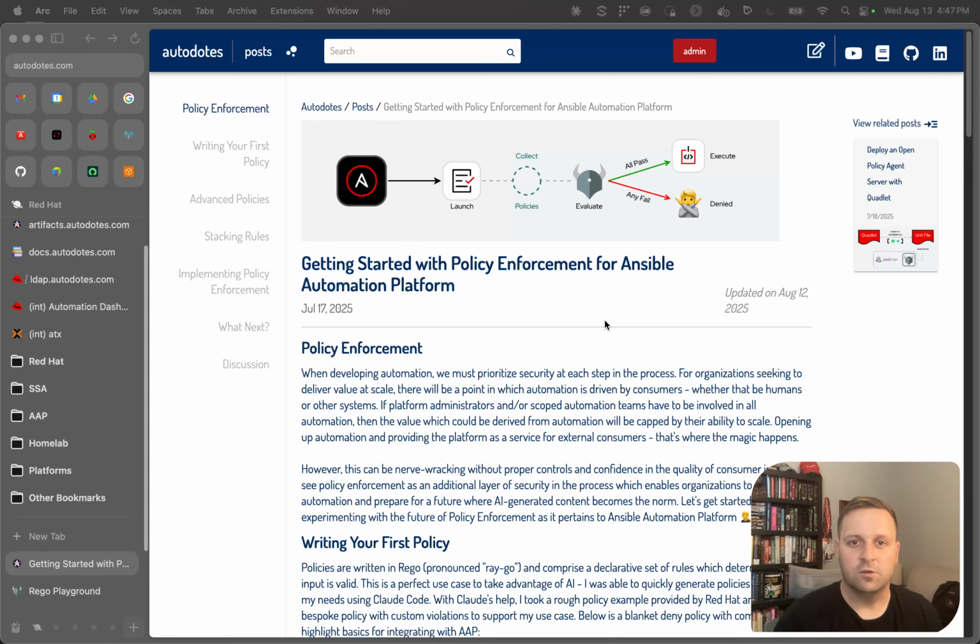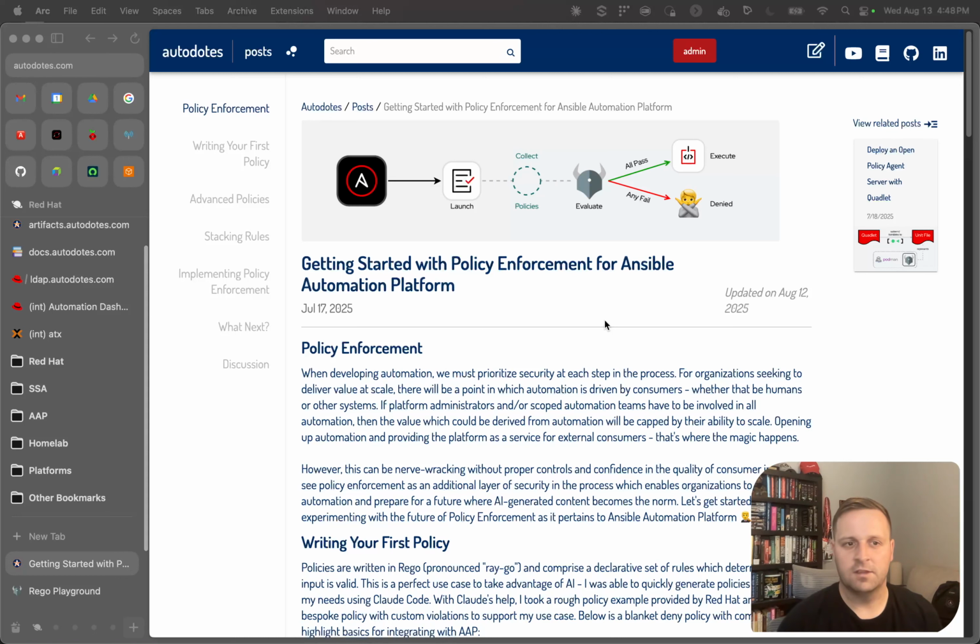The first thing I want to do is give you a tour of the Rego playground. Rego is the language or syntax that you're going to be leveraging to write policies for OPA server. I highly recommend leveraging an LLM to help you get started if you don't have familiarity with Rego already. For me, it was a great use case for an LLM, right? It gave me a boost in productivity, got me 80% of the way there, and then I could pick up the syntax and finesse it into the model that I wanted it to be